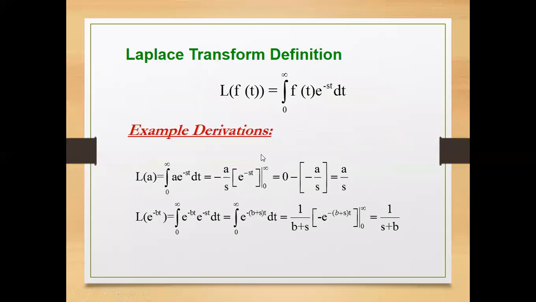Now, the mathematical definition of Laplace is this. In textbooks and even materials that you can find on the web, this L is italicized. So it's an italicized capital letter L representing Laplace transformation. So the Laplace transform of the function of t, so that's how it's read, or function of x in your case, is actually equivalent to getting the product of that given function by e raised to negative st. Now, the product of these two, you will need to integrate from 0 to infinity.